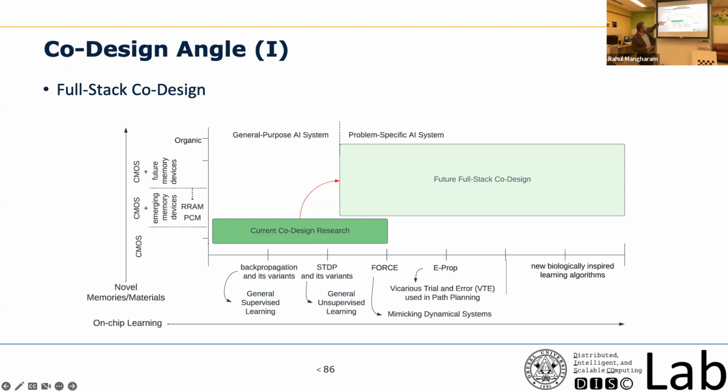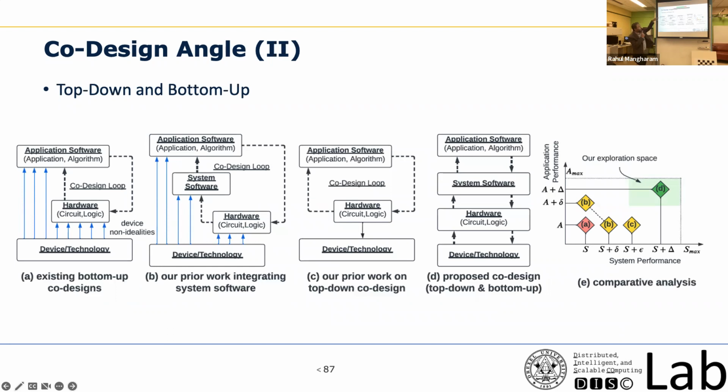And then you have all these different types of materials. You have pure CMOS implementations, FPGA implementations, CMOS and emerging memory, CMOS and future memories like organic memories. So all you can do is a co-design where you have all the different stacks working together and you are optimizing it jointly, which I'm showing over here. You have the application level, you have the hardware level. Typically, this is what exists on today's slide: application, hardware, device, and technology, all working together in a loop to do the optimization.